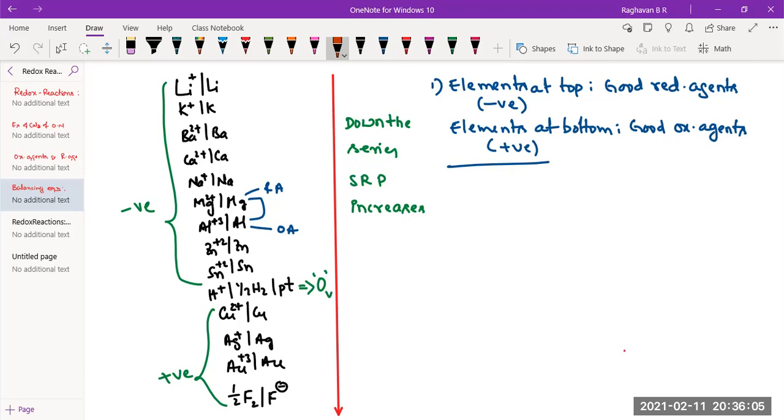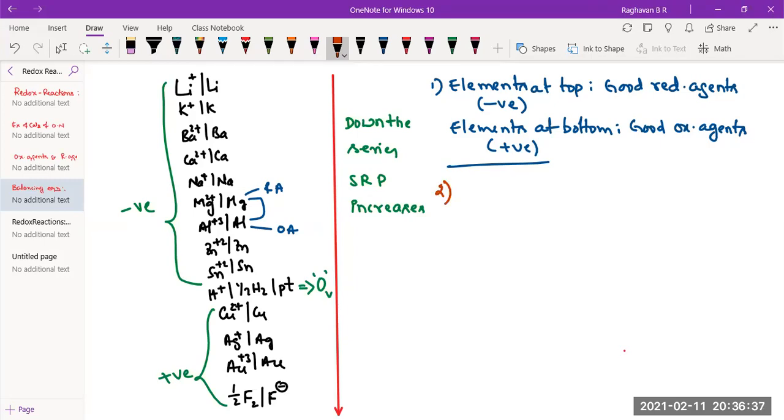Between aluminum and magnesium, magnesium upar wala deta hai, aluminum leta hai. Between aluminum and zinc, aluminum deta hai, zinc leta hai. Like that. Okay. So dene wala reducing agent, lene wala oxidizing agent. That's all. Okay. God gives, he reduces our hunger. So something like that. Okay. No problem. Now this upar wala deta hai, niche wala leta hai will be seen in a very important point or characteristic that we see.